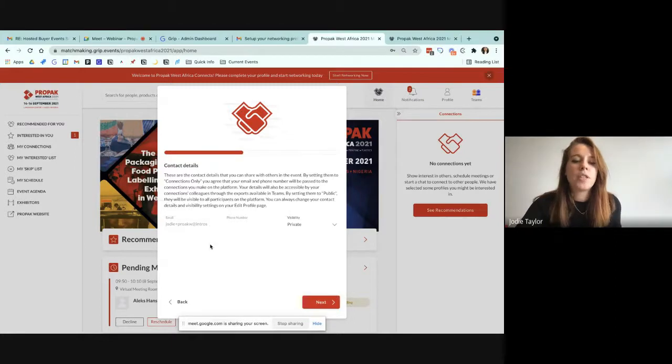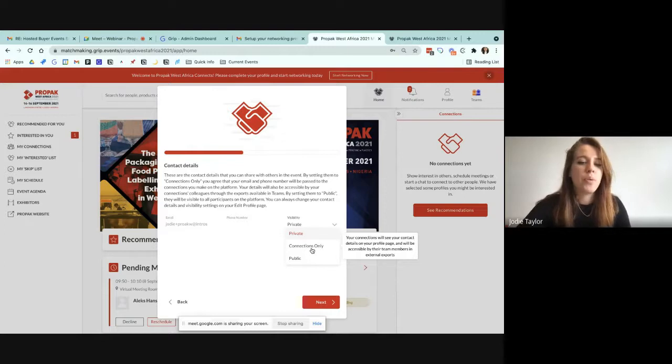Next step is your contact details. So this is just how you're going to have your contact details shown within the platform. If you want them to be visible to everyone, you can change them to public. If you prefer these to just be shown to people who you've actually connected with, you can select connections only. Or if you want them to be hidden completely, you can select